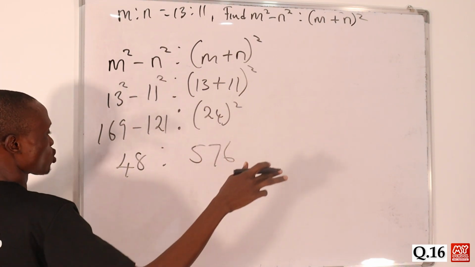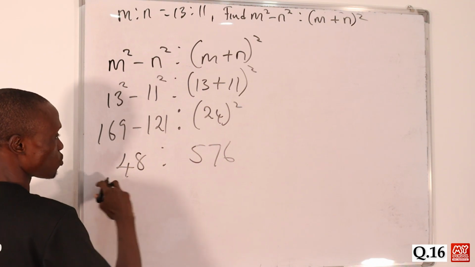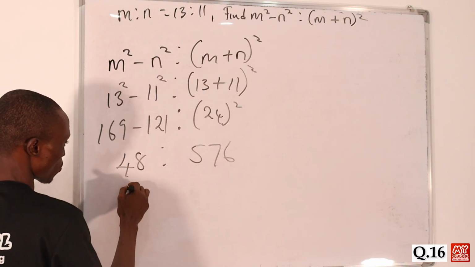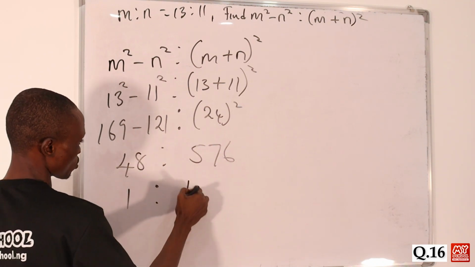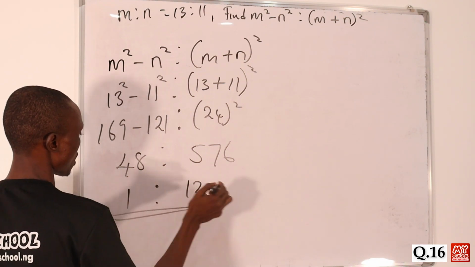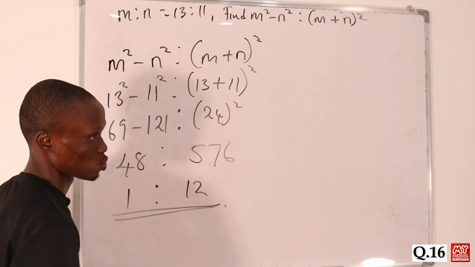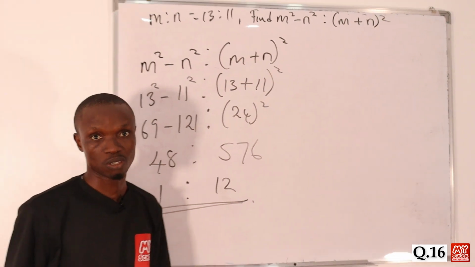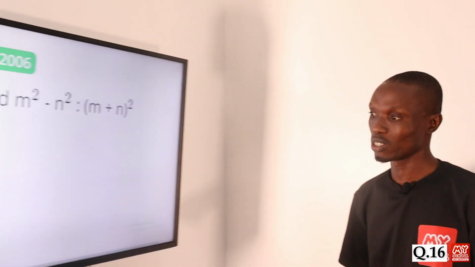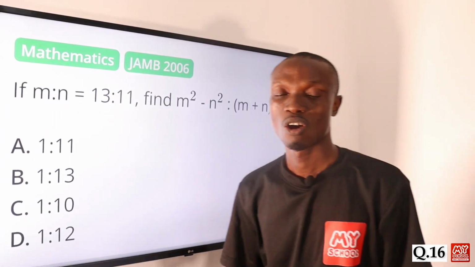So we can divide through by 48. So that if we divide through by 48, here will be equal to 1 and here will be equal to 12, okay? So the final answer is 1/12. So let's return back to the screen to pick the correct answer to this question, and that is option D,